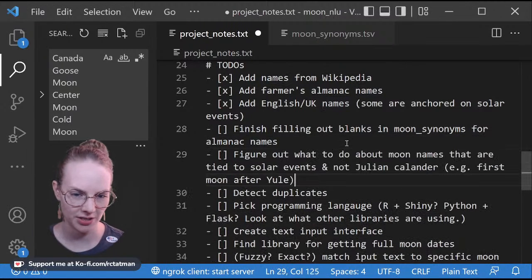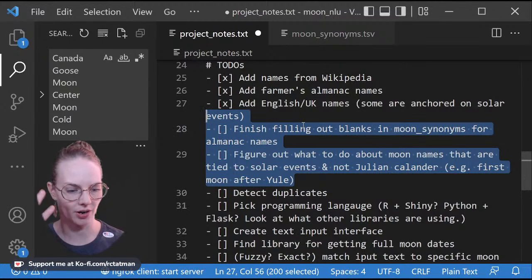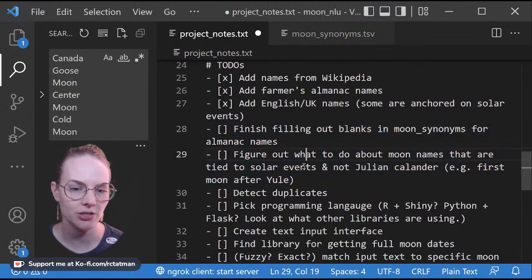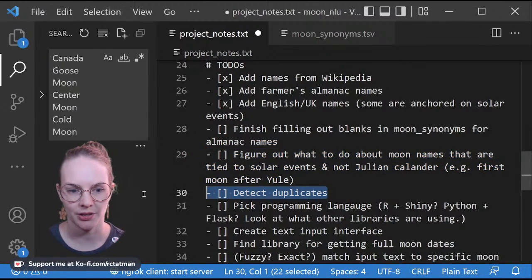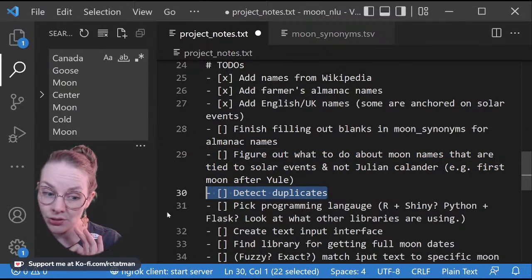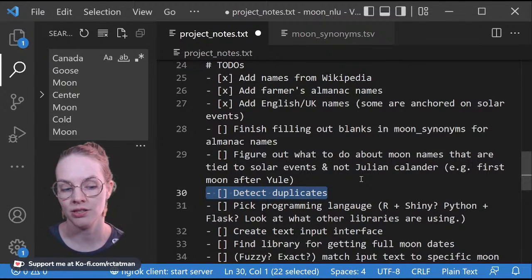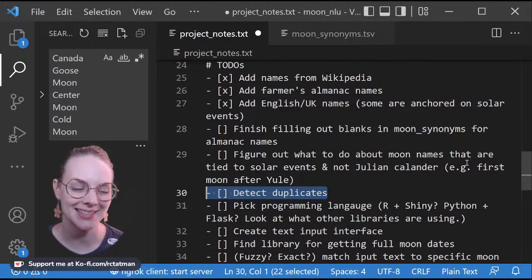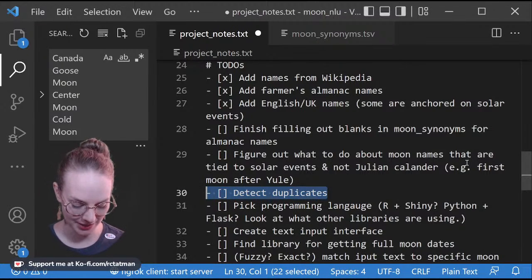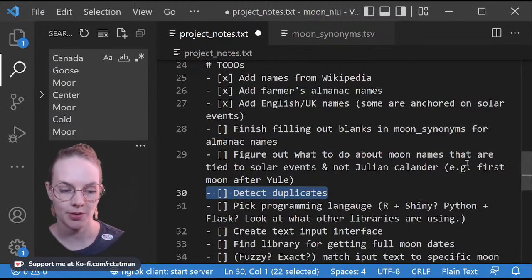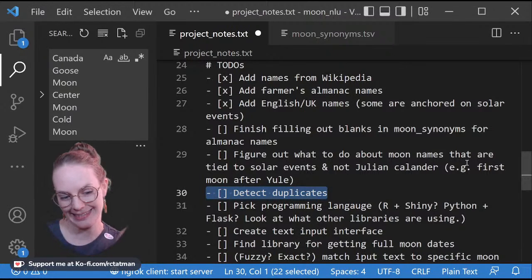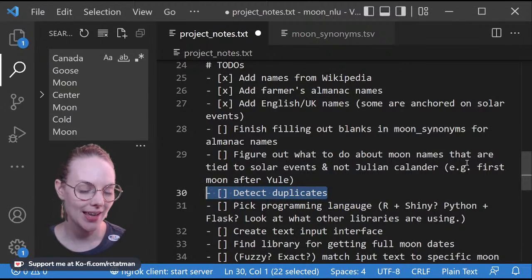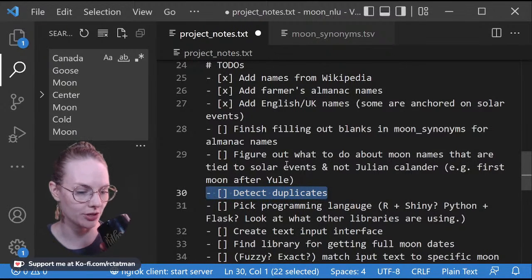Actually, I think I need to do that before detecting duplicates, right? I think that's going to need to be pretty far up in our chain of action, because what we do with this is going to help us determine how to detect duplicates and what counts as a duplicate and what is just a moon that can fall into multiple months. And from looking at the historical data from the UCL site, it looks like that happens every couple of years. So not rarely enough that we can ignore it, unfortunately.